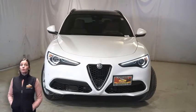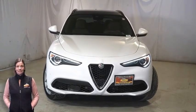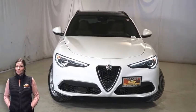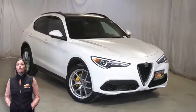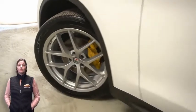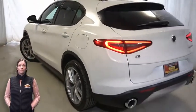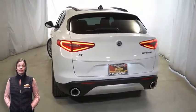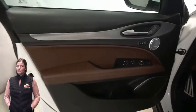Have you been looking for a performance SUV with styling that won't break the bank? Take a look at this 2018 Alfa Romeo Stelvio TI in Alpha White. With BI-XENON HID headlamps, front fog lamps, 20-inch aluminum wheels, gloss yellow brake calipers, aluminum roof rail, dual bright exhaust tips, heated front seats, heated steering wheel, 44,000 miles on the odometer,